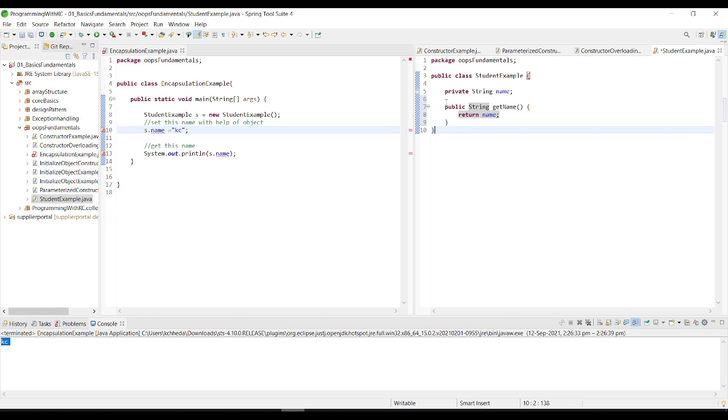So I will comment over here and write getter method for name. Okay, all right. Now I want to set some values over here. Before getting, you need to set the values also. So what I will do is setter method for name. Okay, so public